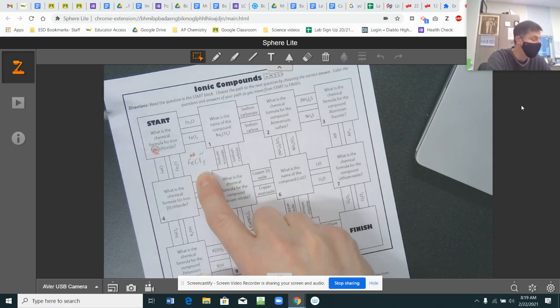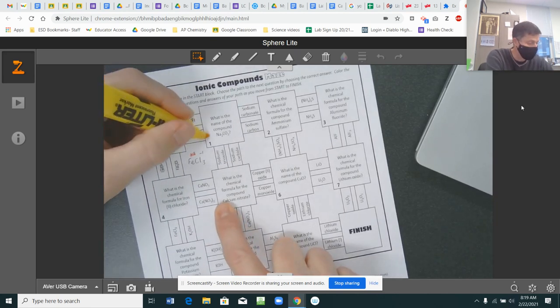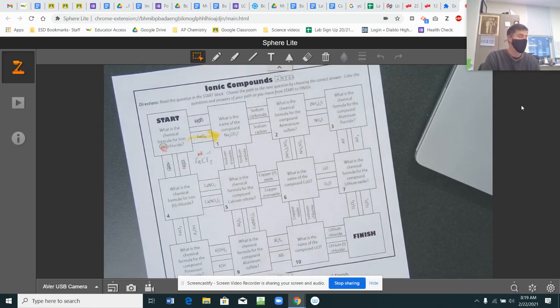So FeCl3, Fe3Cl, nope. FeCl3, got it. Fe2Cl3, no idea why. FeCl, forgot that. So in this case, we are just going right. Name of the compound,